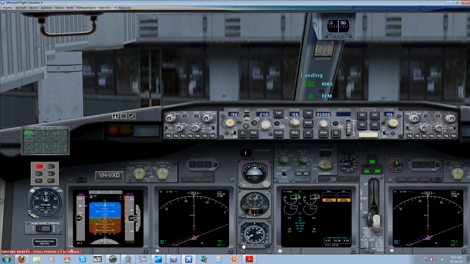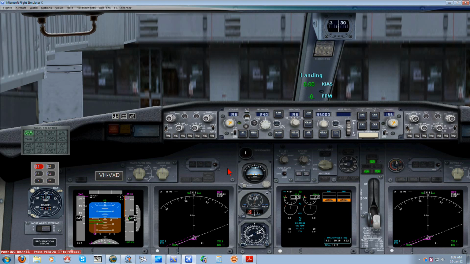This is our radio magnetic indicator, so this is our backup systems for our VOR and ADF. We just change that to ADF, and that will then point to the NDB that we've selected, which is CVM. Okay, so we've now got all our systems up and running. We've programmed the FMC, and we're basically up to the stage now where we are ready to do a pushback